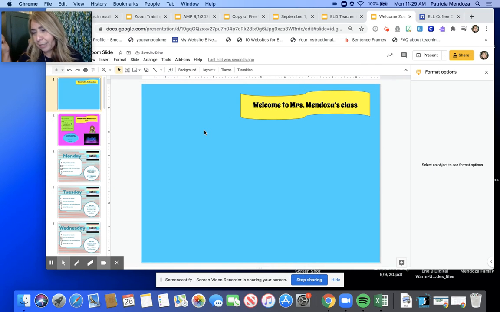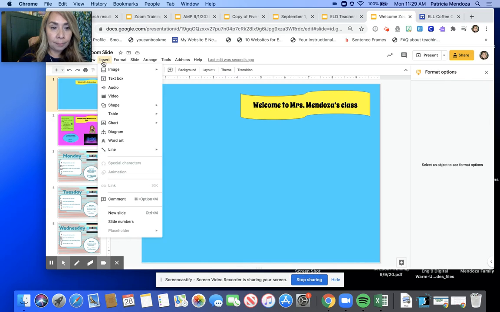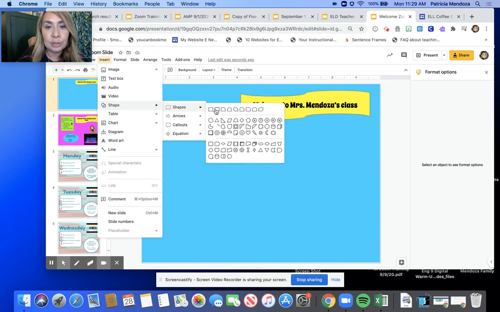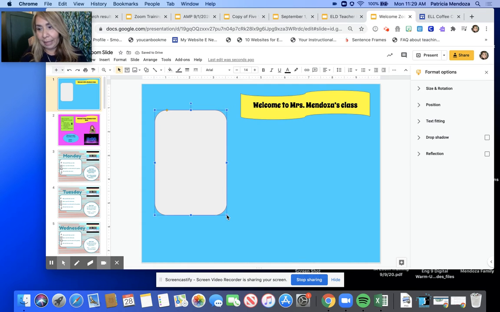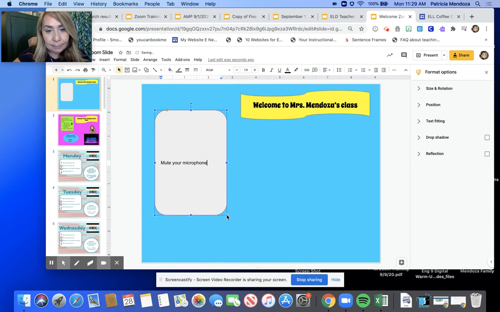The other thing I want to do is create what I want them to do. So you have to think about what you want your students to be able to do as part of that routine. Think about when you're in the classroom. What are those things you want them to do to be ready to go and start class? So I'm going to add this shape. And maybe here I will say I want them to mute your microphone. Mute your microphone. And I'm actually going to spell out things instead of using acronyms